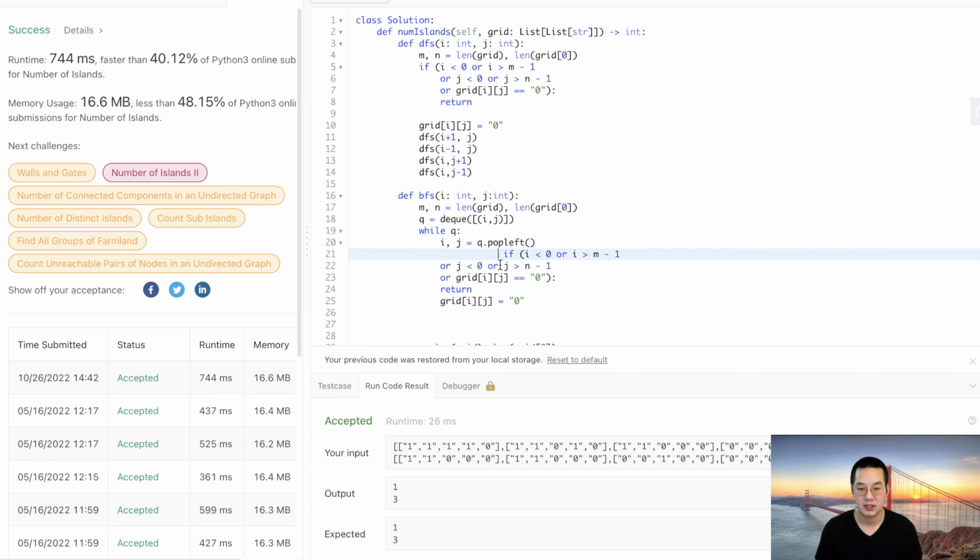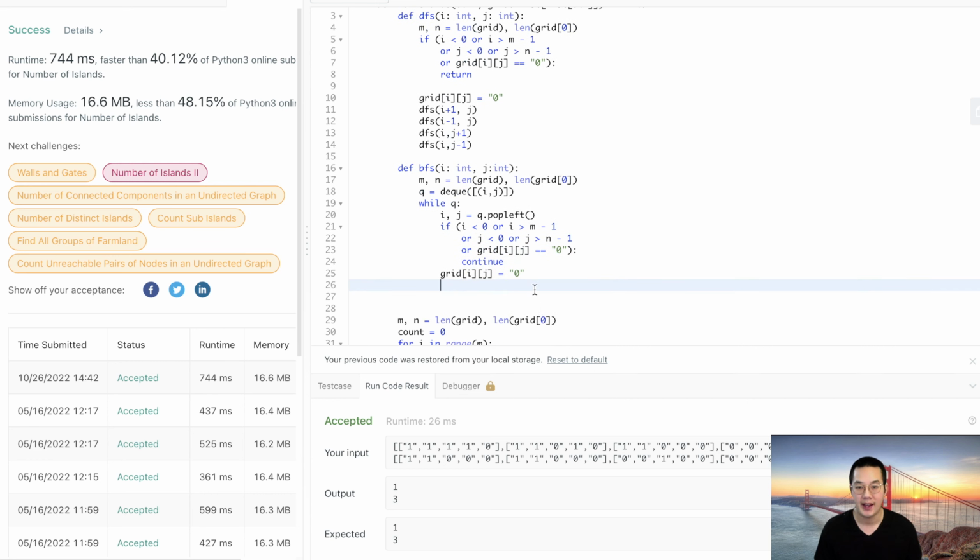We do this item here. So if this is not the case, then we'll not add it, continue, and otherwise we will set this item to 0. And then